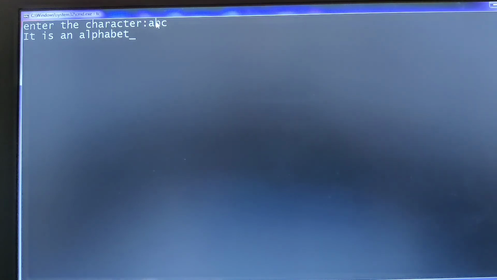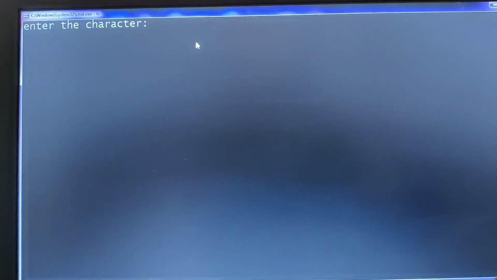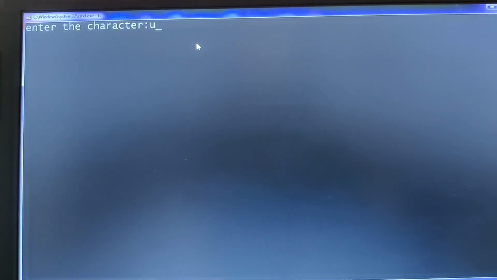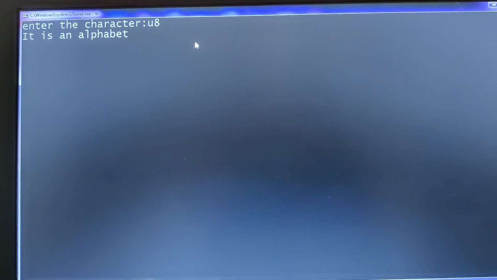Yes. Let me show you. Run. Let me give it as U and 8. See, still it's giving it's an alphabet. Why? Because your get function has read only the single character. By identifying this single character's ASCII value, it is printing that it is an alphabet.